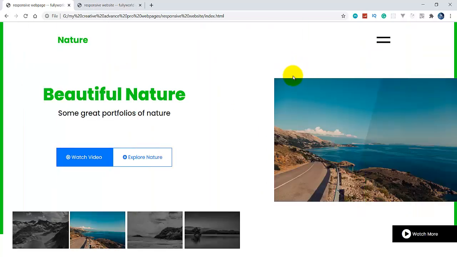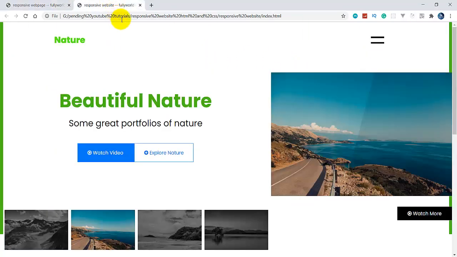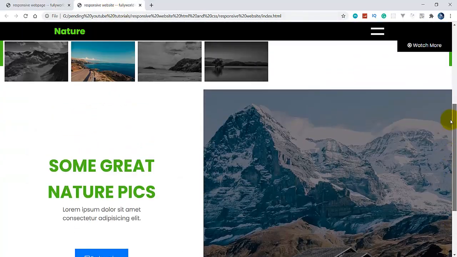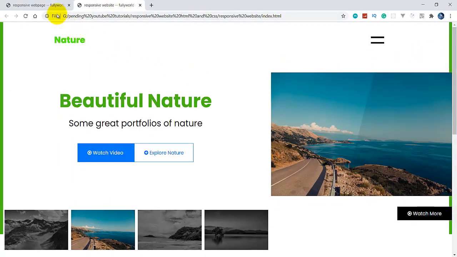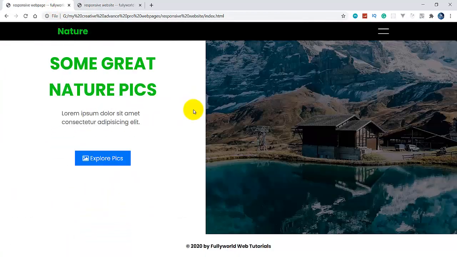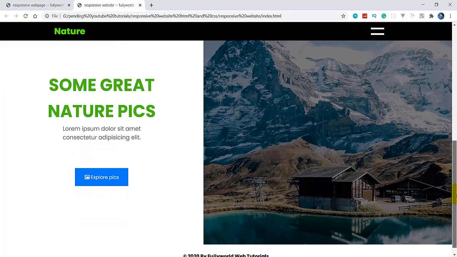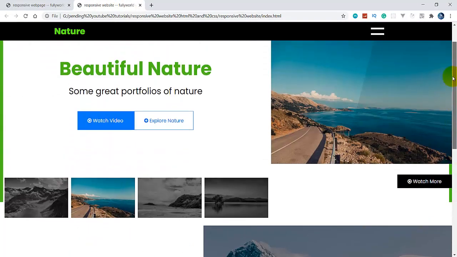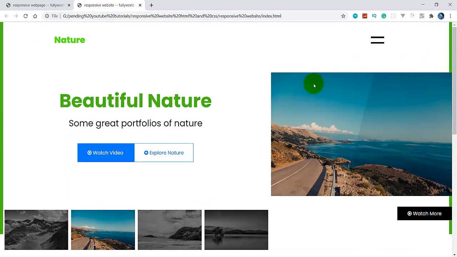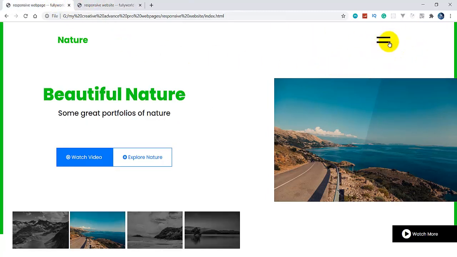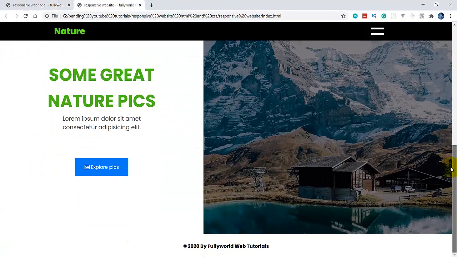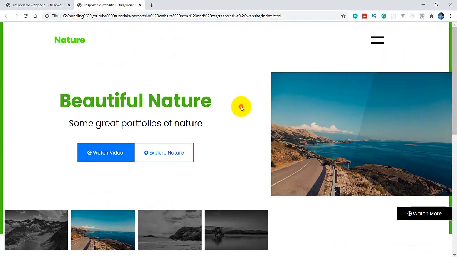See that there is one problem in our home page also. Here is our scroll bar, but in the original there is not any scroll bar here. So we have to manage this also. We don't want this scroll bar here, because it is affecting our website's beauty. So first of all we will create our menu bar, that is our main menu, and then we will remove this scroll bar. So let's get started.